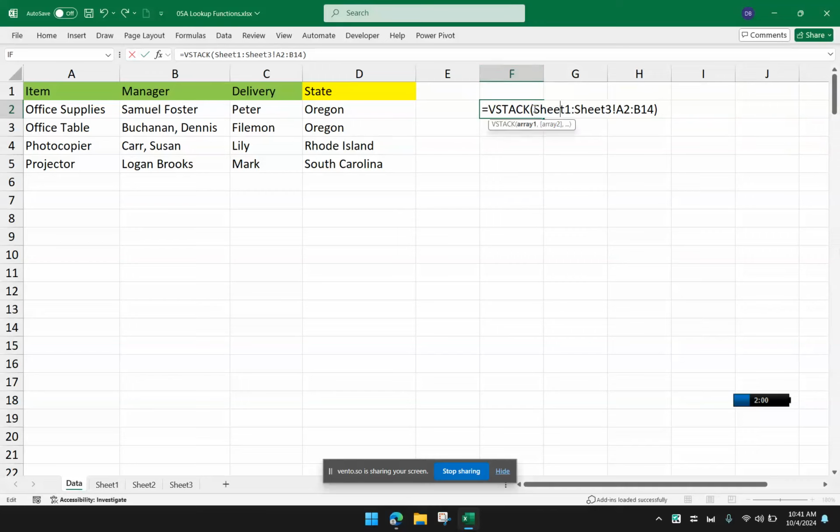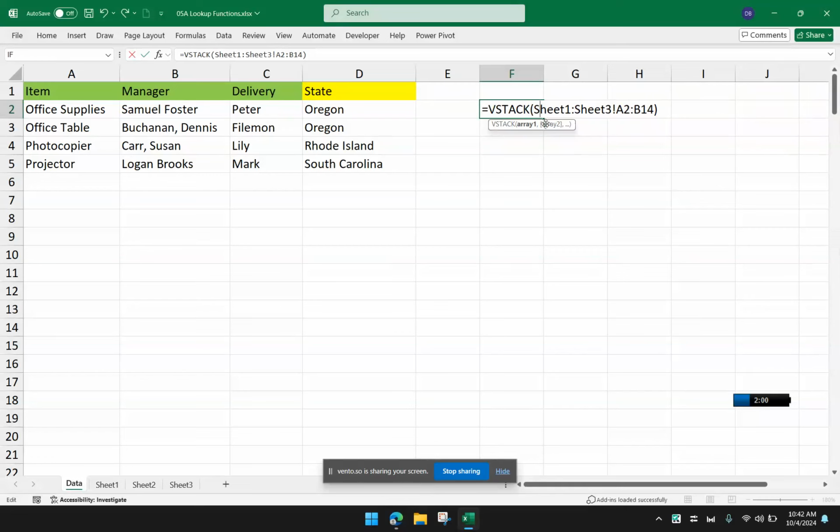Instead, I used a 3D formula wherein the sheets are being ranged as well. This means from sheet 1 to sheet 3. Take note that sheet 2 will also be included in this consolidation because sheet 2 is between sheet 1 and sheet 3. And I'm going to select these fixed cells A2 to B14 of each of these worksheets.